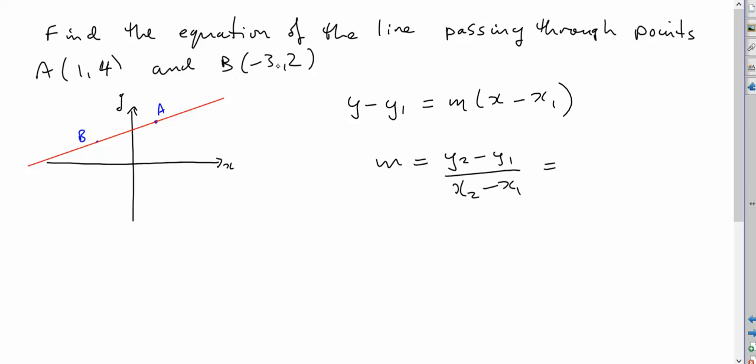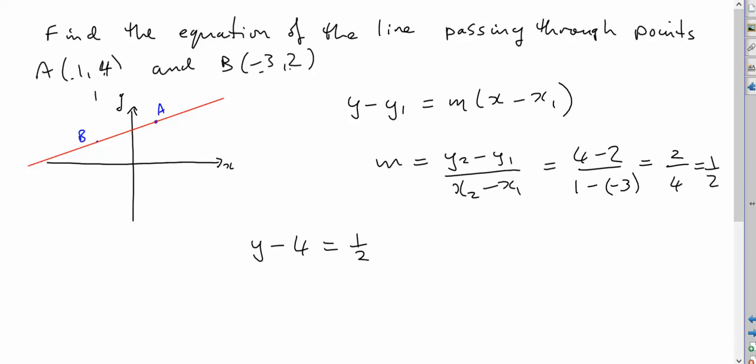So let's say B is x1, y1, and A is x2, y2, and so we have y2 4 minus y1 2, 4 minus 2 over 1 minus minus 3, which is 2 over 4, which is a half. So the gradient is a half, and then substitute it in the formula. y minus y1, using either of these 2 points, let's use A, so y1 is 4, equals m, a half,